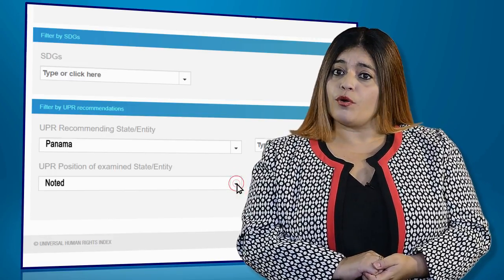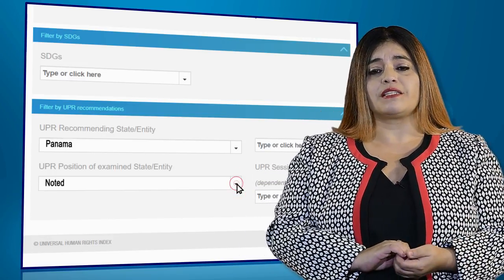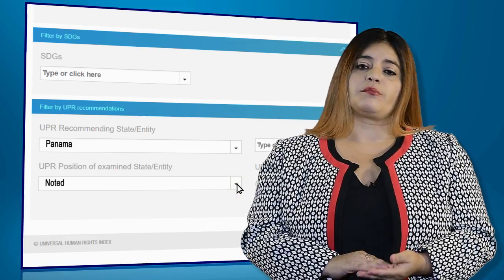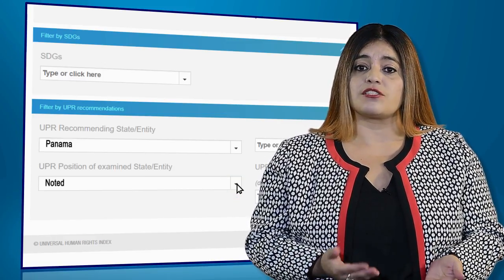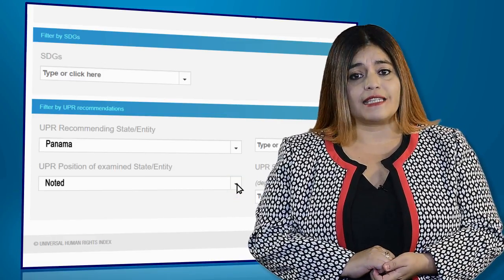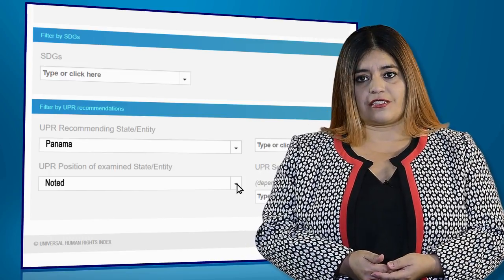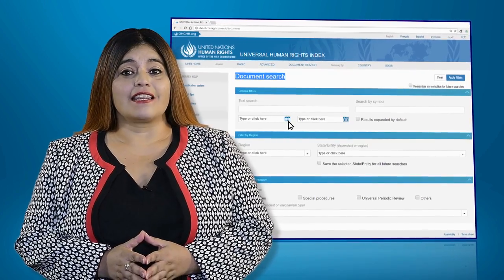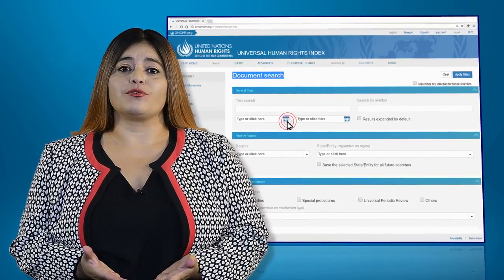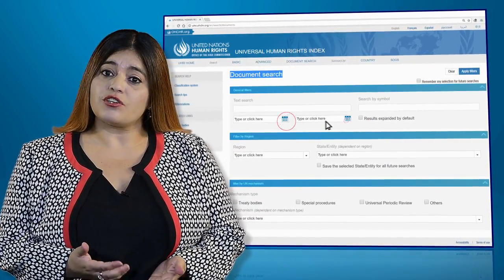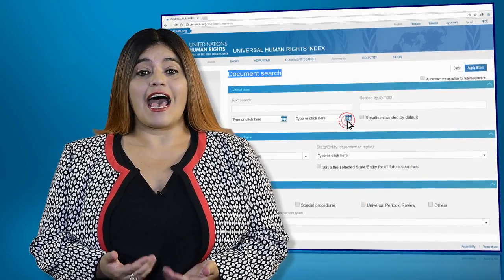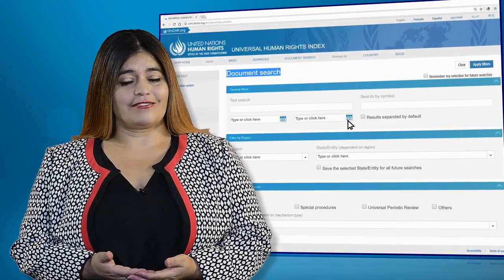When the state supports or takes note of a recommendation or even part of a recommendation, the position is known as supported, and these recommendations are then included when using either filter. Lastly, the document search allows the user to search the original documents that are entered and indexed in the UHRI.